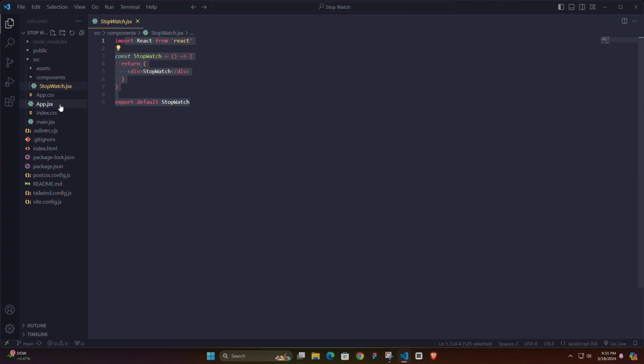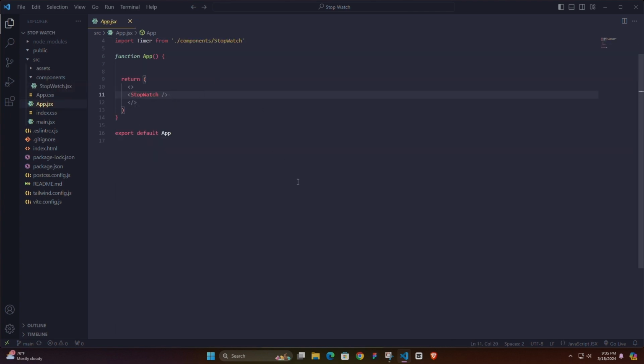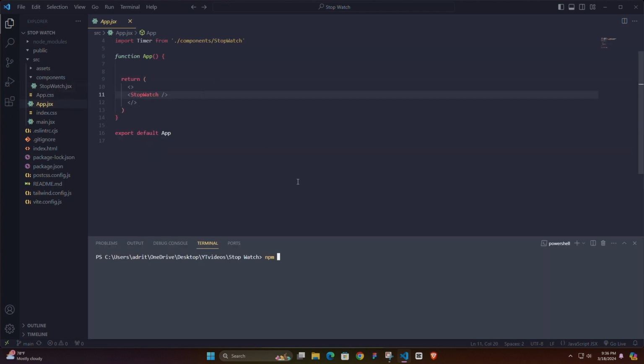In the components folder I have the JSX file named stopwatch JSX, and I have added the component into my app JSX. And let's go to our terminal and start it and let's view, and now it's working properly. Okay, let's